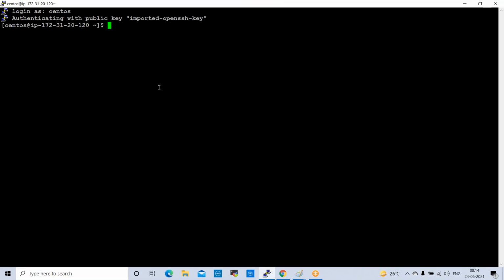Right. Now, first step here is we created the server. So next we need to add one user here. What is the command to add a user? sudo adduser. I'm giving the username